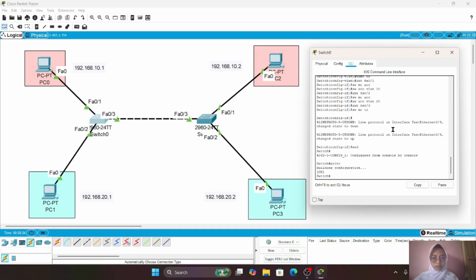After completing the configuration, it is important to verify the trunk status. First, I use the show vlan brief command.